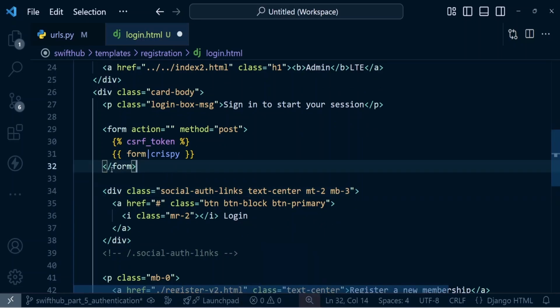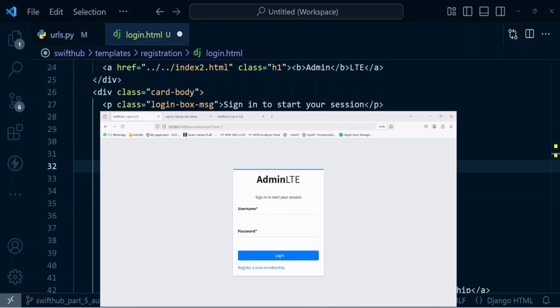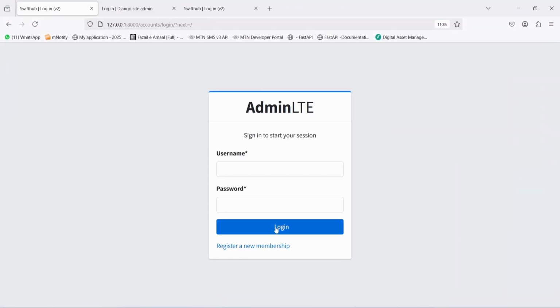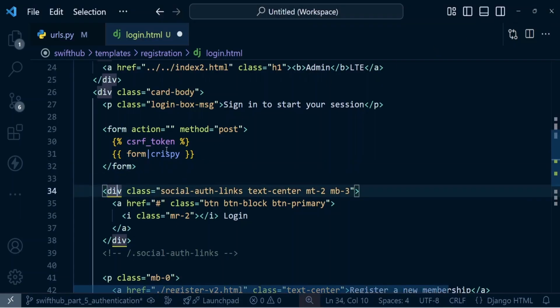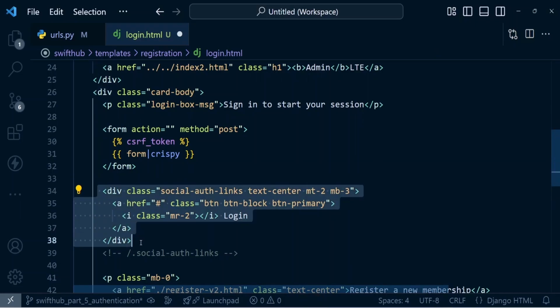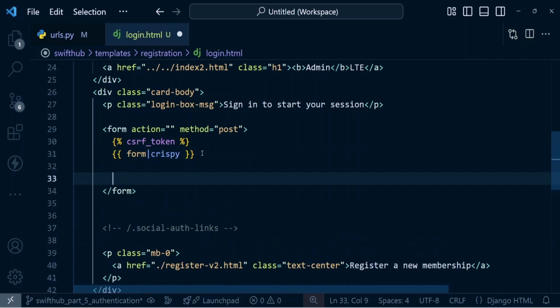We need to include a button inside of the form. So I'm going to come to the page and you see login here, but this is not a button. When you come into the code, it's an href, and it's also outside of the form, but we need to submit this. So I'm just going to come here and then cut this one,